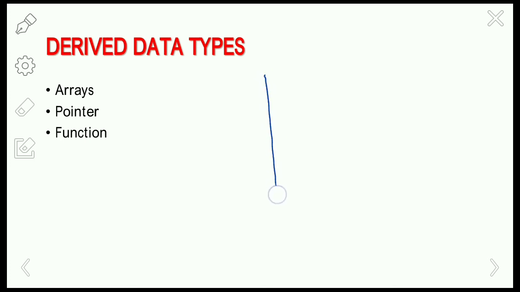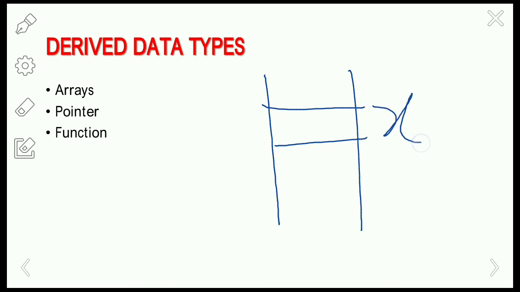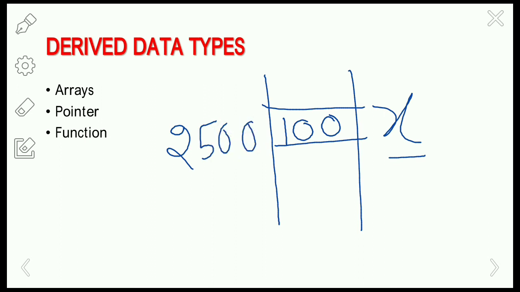Suppose I am going to store a variable, let the variable be x. In the variable x we are storing the value 100, and at the address 2500 we are going to store the value 100.